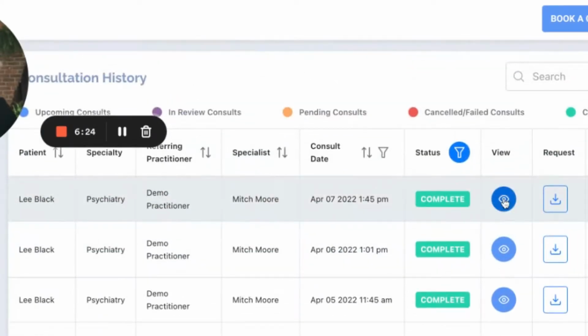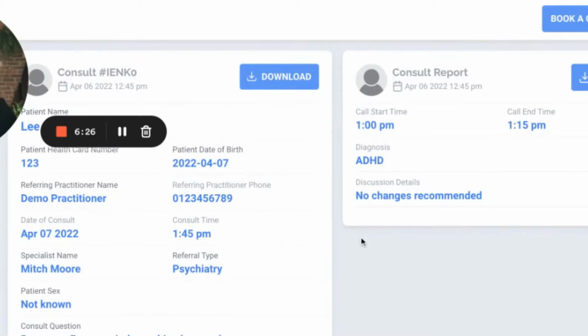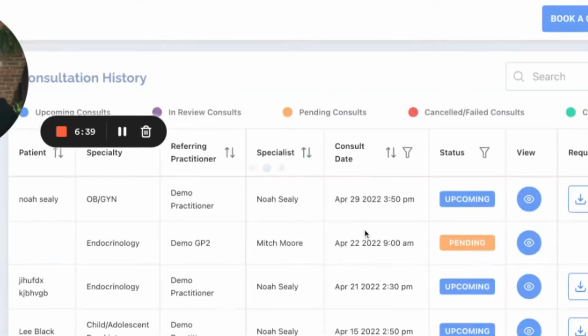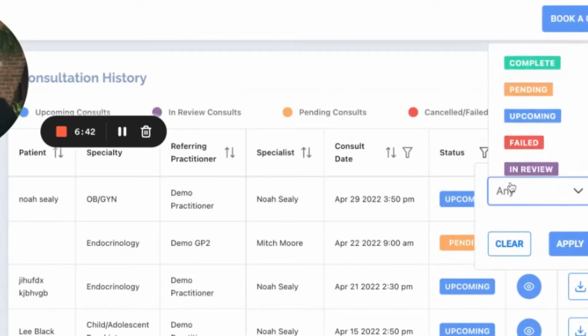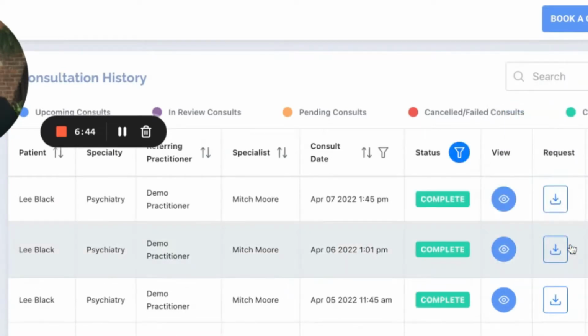We can go into the completed consult to view the consult request on the left-hand side and the consult report on the right-hand side. And you can download those directly into an EMR by hitting download on both of these buttons here. The other option and easier way to work with a big batch of them at once, based on